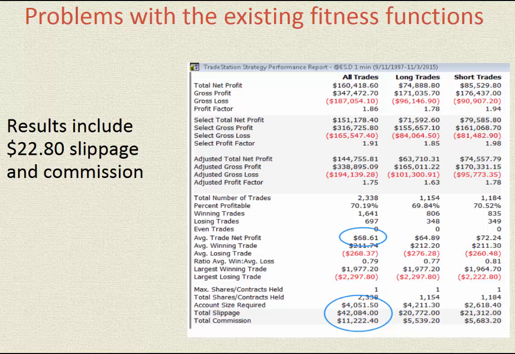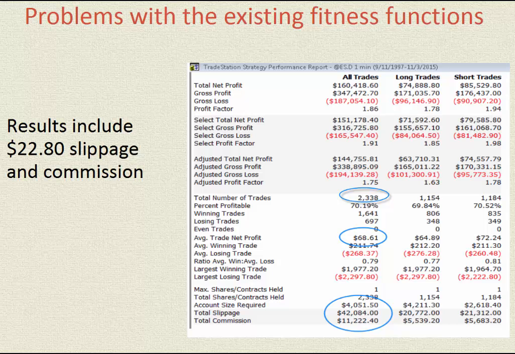In this video we're going to talk often about the average trade figure and its inverse relationship with the number of trades. If number of trades is up, average trade is low, and if average trade is high, then the number of trades will be low. You need to get the correct balance between these two figures. But we're also sometimes going to use zero slippage and commission, and other times we're going to use $20 or $22.80 slippage and commission. So here the average trade is $68.61 plus the $22.80 slippage and commission figure gives you